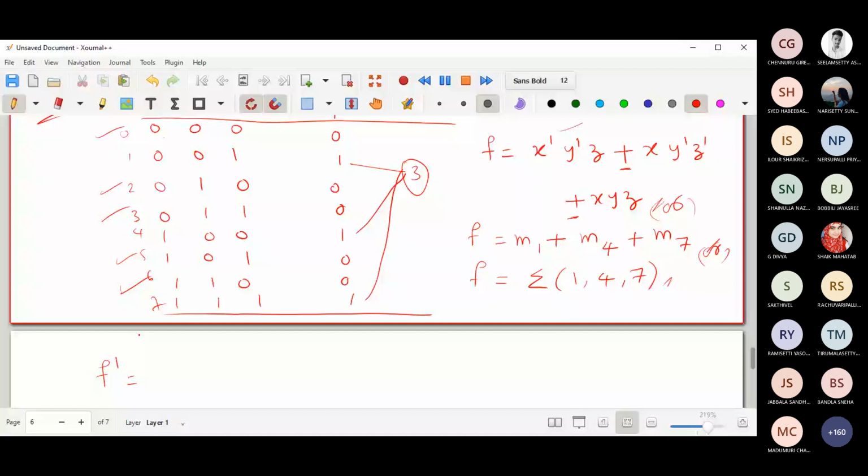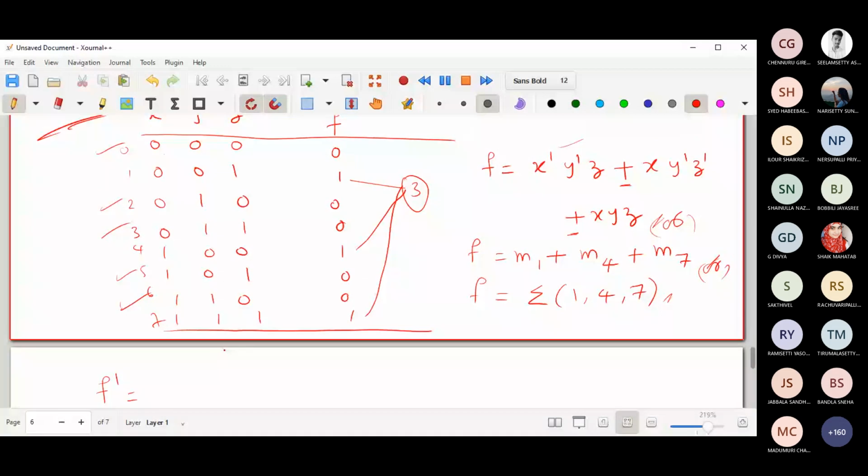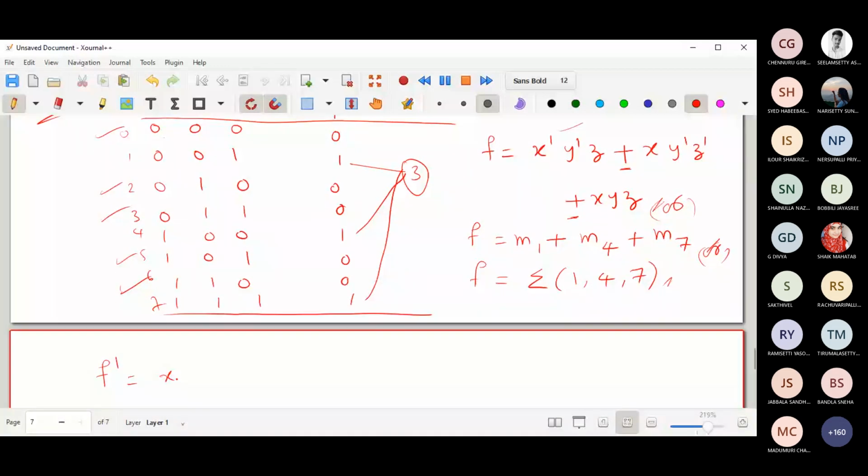In order to write the max terms, first you have to convert the function into its complement form. Then you can write max terms here. So f bar equal to what are the maxterms? 0. So what is 0? Here you have x is 0, y is 0, z is 0, nothing but x bar, y bar, z bar